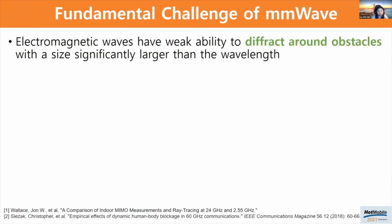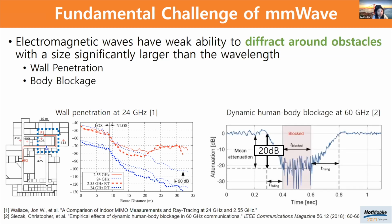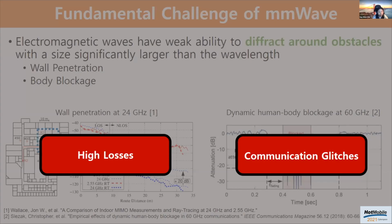However, the biggest challenge of millimeter wave technology comes from the blockage of the signal. This is because electromagnetic waves have a weak ability to diffract around obstacles with a size significantly larger than its wavelength. Since millimeter wave has such a short wavelength, it first experiences a huge transmission loss whenever it penetrates the wall. Also, whenever the human body walks across the communication path, the link is likely to experience an SNR drop of 10 to 20 dB, resulting in frequent communication glitches. So these two challenges of high loss and communication glitches render the indoor deployment of millimeter wave much more difficult than the 4G